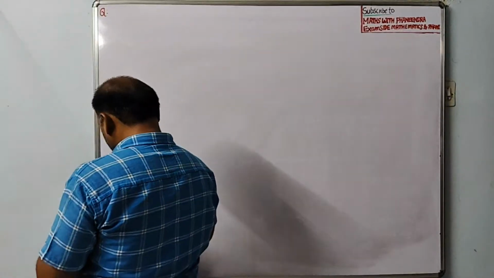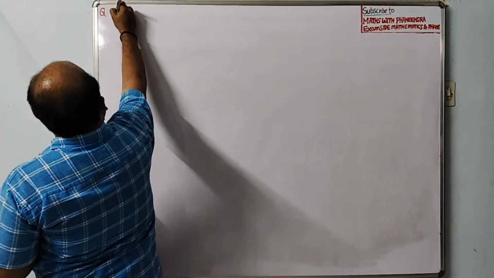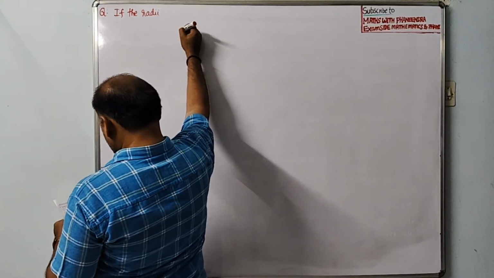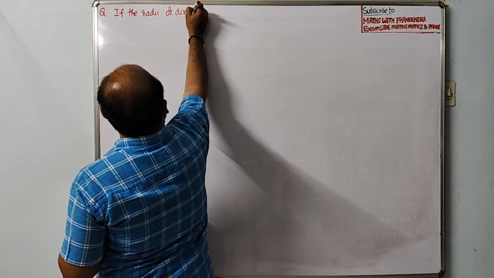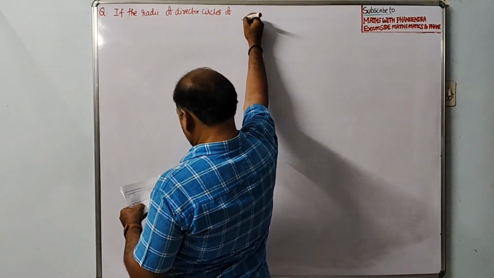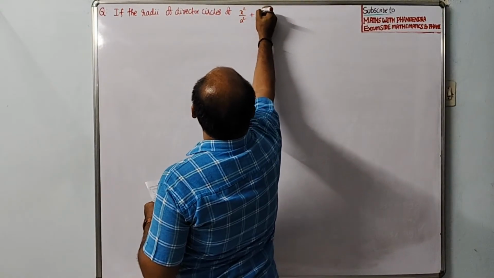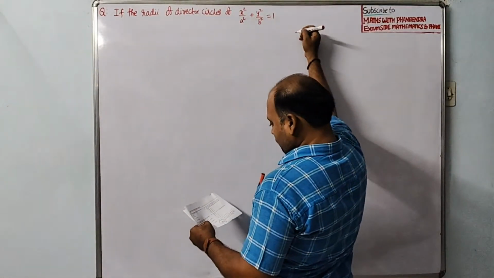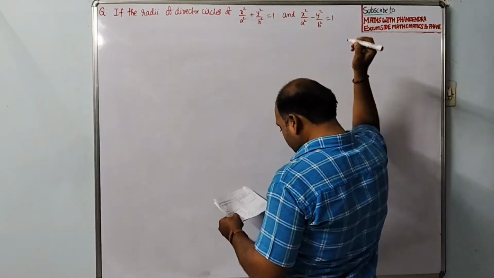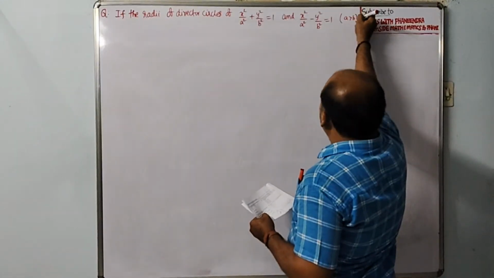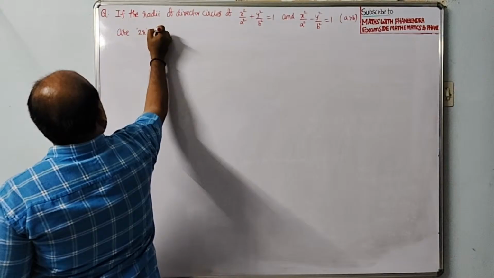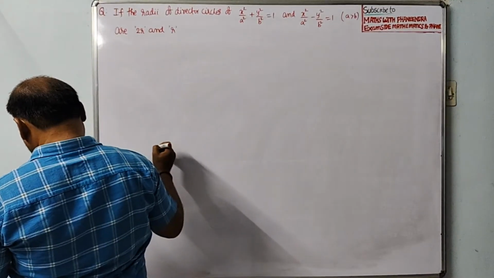The coming question and last question in this session is a good question. If the radii of director circle of x square by a square plus y square by b square equal to 1 and x square by a square minus y square by b square equal to 1, where a is greater than b in both the cases, dear students, are 2r and r respectively,